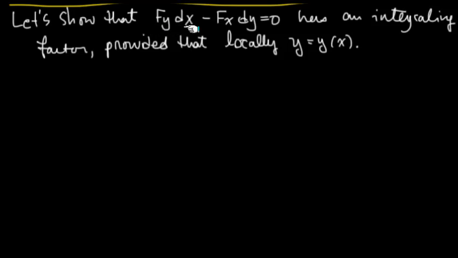So instead of looking at this as an equation in functions of x and y with the independent variable t, locally we can probably look at y as a function of x or x as a function of y. So let us assume we're actually looking at this as a function of x,